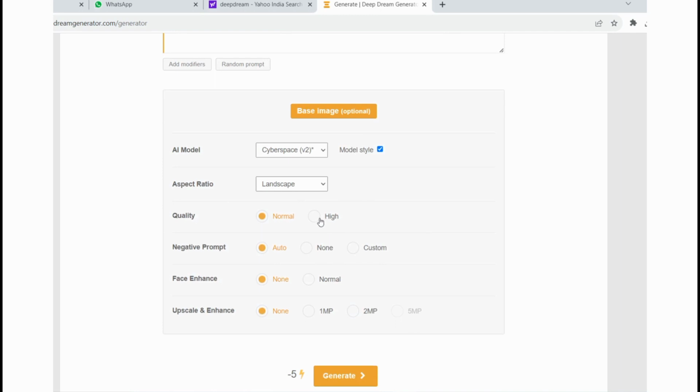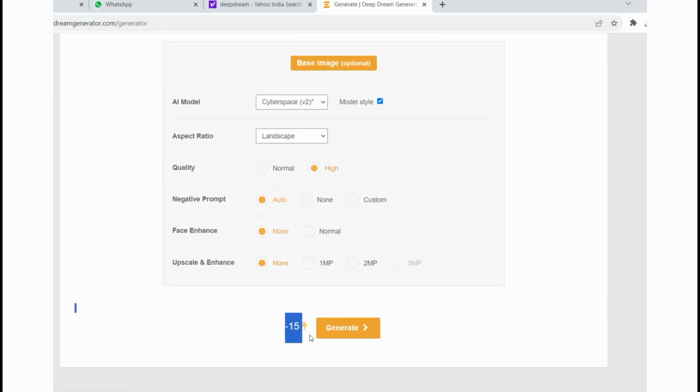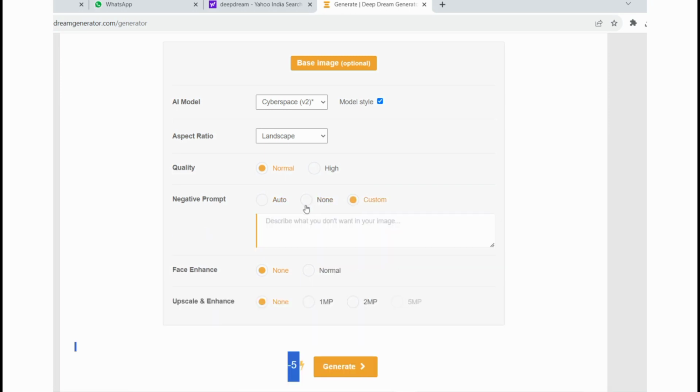If you select high, then you need more points, as they'll reduce more points. Then you can see negative prompt. In these options, negative prompt means the details you do not want in the image, so you can write them here. I'm going to select auto only because I don't want to